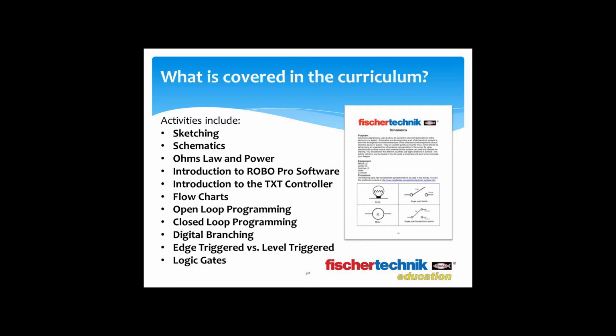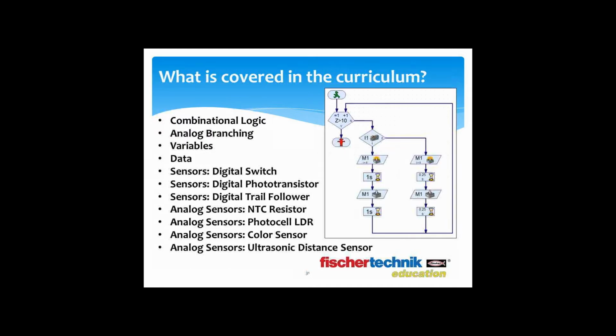Now, during the course of the 4 project themes, various activities are also addressed and various subjects touched upon, and this includes things like sketching, schematics, Ohm's law and power, an introduction to using the RoboPro software and the TXT controller, flowcharts, open loop and closed loop programming, digital branching, edge triggered versus level triggered, logic gates, combinational logic, analog branching, variables,